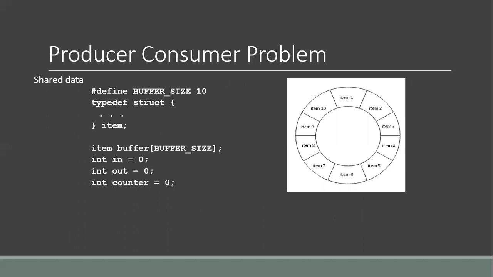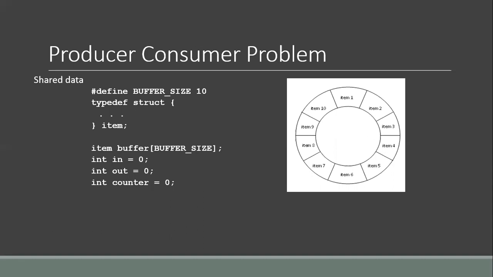To explain process synchronization, let's take the example of the producer-consumer problem. You may recall the producer-consumer problem that we discussed earlier while we discussed the shared memory model. In this problem, there are two cooperating processes known as the producer process and the consumer process.